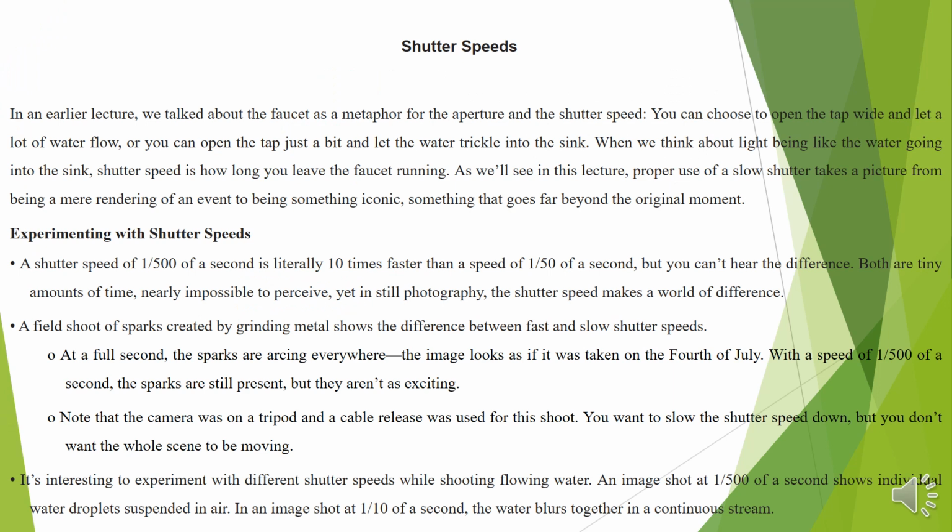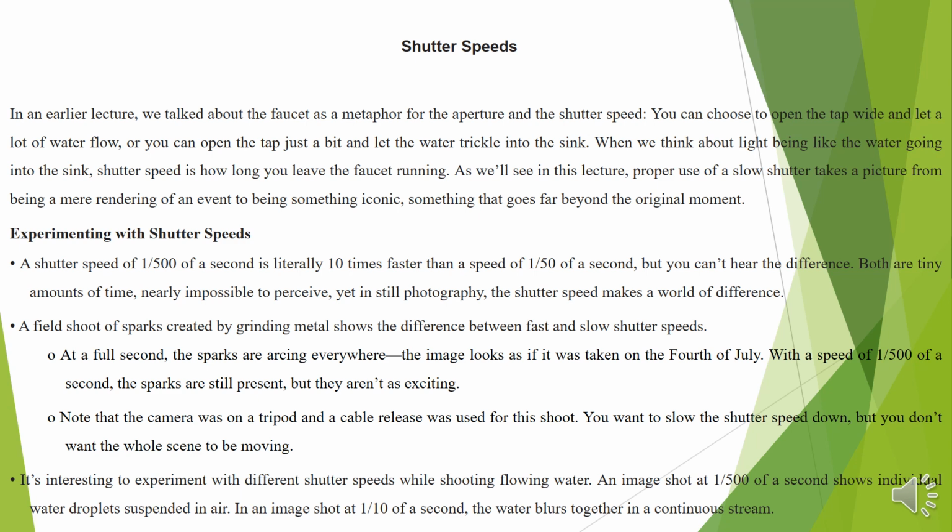Next, we are going to talk about shutter speed. In an earlier lecture, we talked about the faucet as a metaphor for the aperture and the shutter speed. You can choose to open the tap wide and let a lot of water flow, or you can open the tap just a bit and let the water trickle into the sink. When we think about light being like the water going into the sink, shutter speed is how long you leave